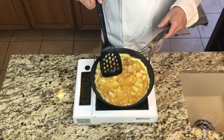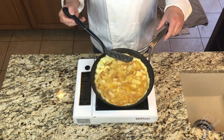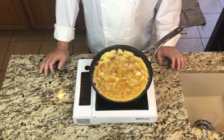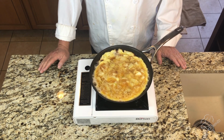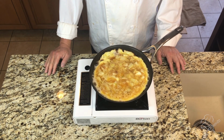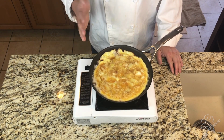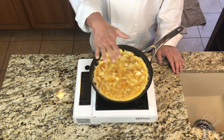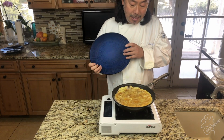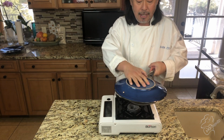Looks perfect. And we'll cook it like this for a few minutes. It's been about 4 minutes with medium to medium high heat. And this is the exciting part. We need to flip this over so this top side gets cooked next. Here's a plate, regular old plate. I'm gonna cover it, and